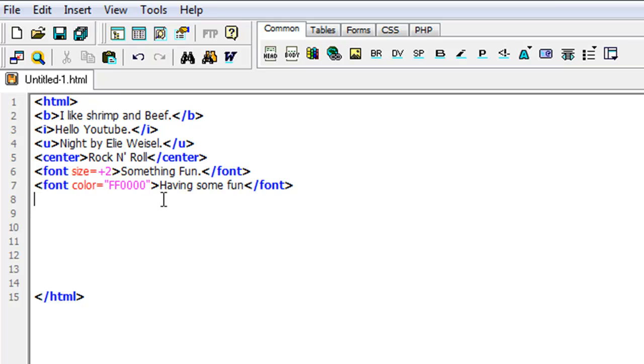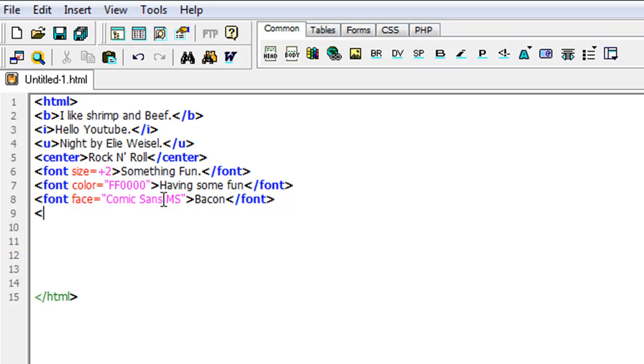And now we'll do the font face. Font face equals quotation marks. I have to have quotation marks for the font face as well. And we'll do Comic Sans MS. And now, I don't know, bacon. And then slash font. Woohoo! There we go. That's the basic font stuff that we're going to learn,